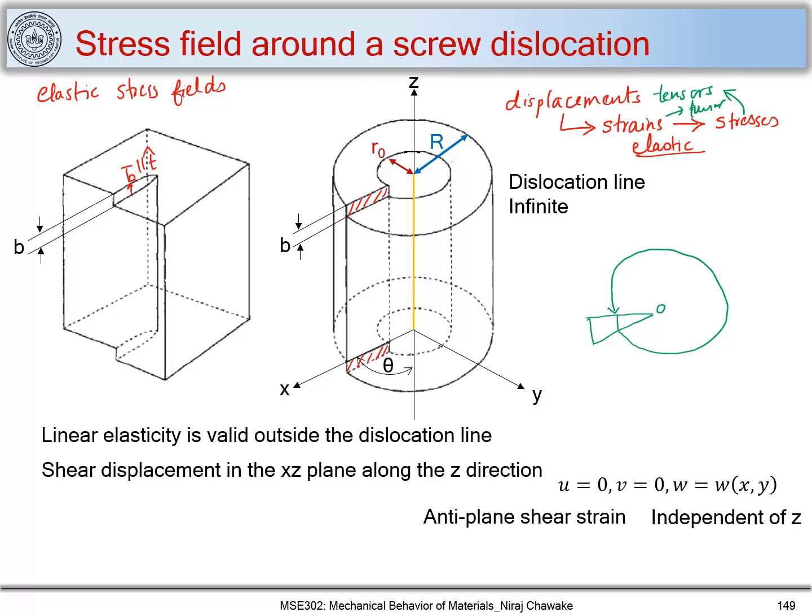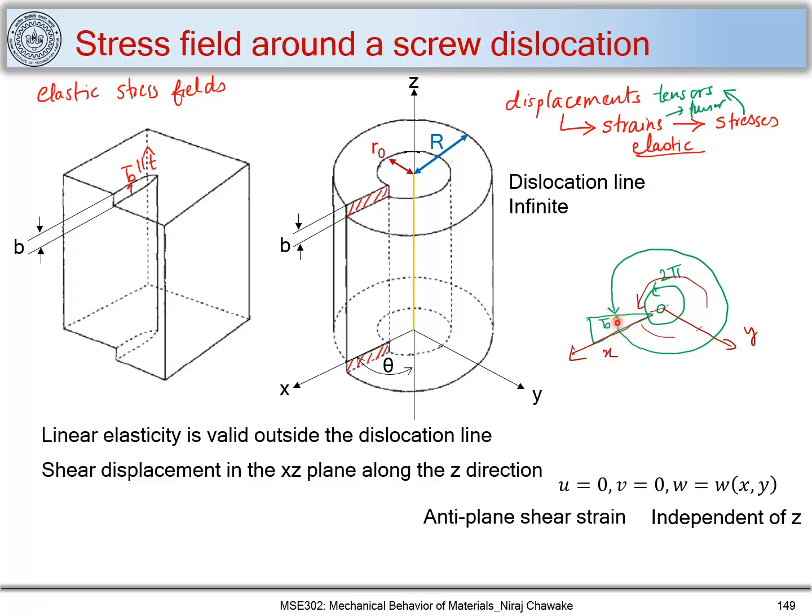So this is our Burgers vector, and this total angle is 2 pi. This is our xy plane, let me mark that also. If I move in the xy plane by 2 pi, I will have shear strain developed along the z direction, and thus